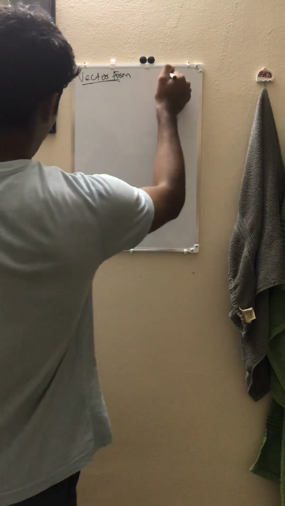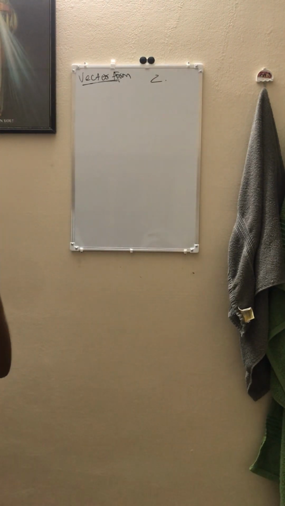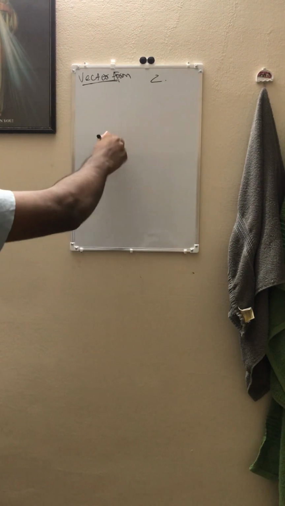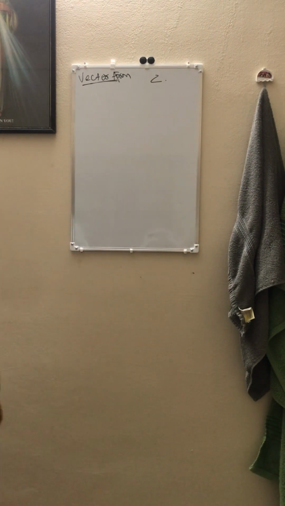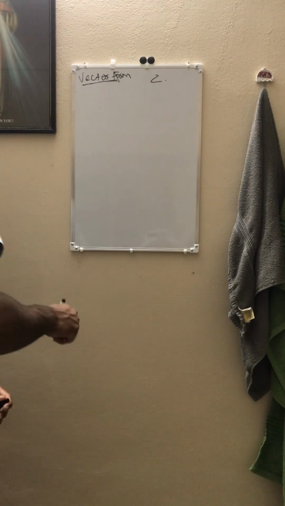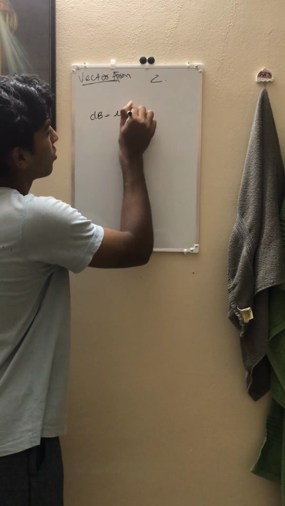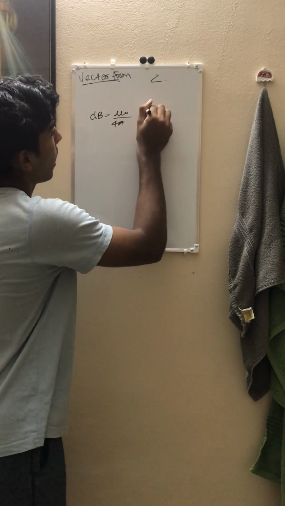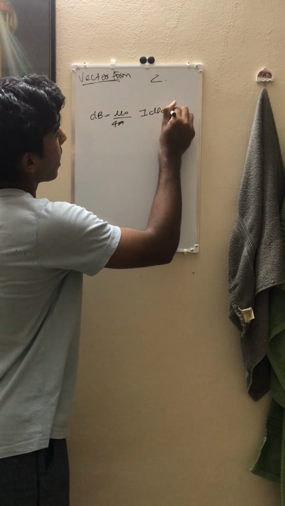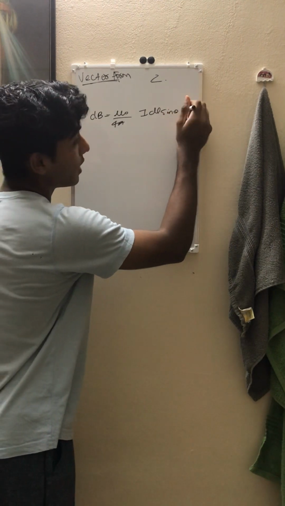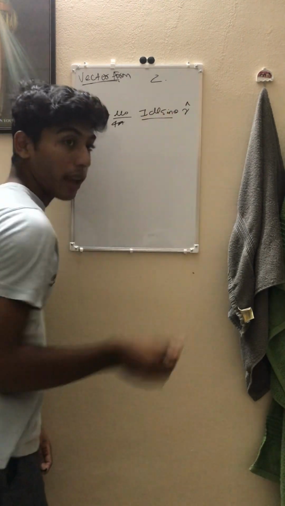The second way is that I'm going to give the direction of r cap. It's basically the same. So we all know dB is equal to mu 0 by 4 pi I dl sine theta, but this time they're giving the direction. You know the direction dB is directly perpendicular to